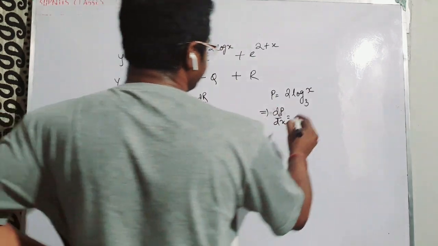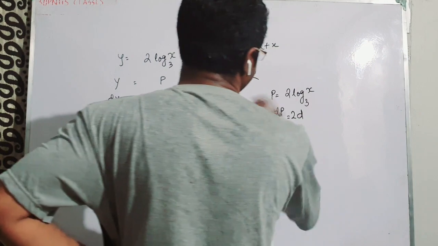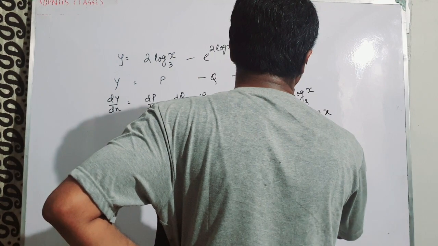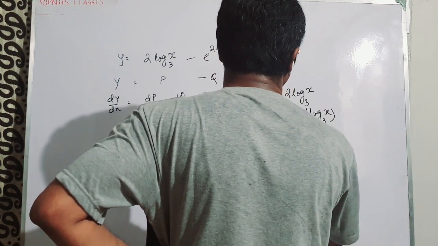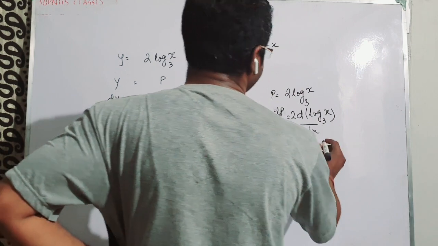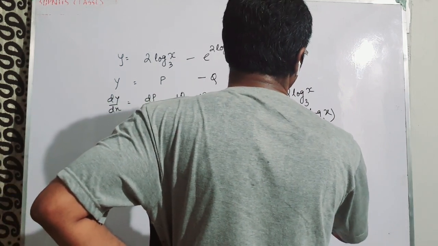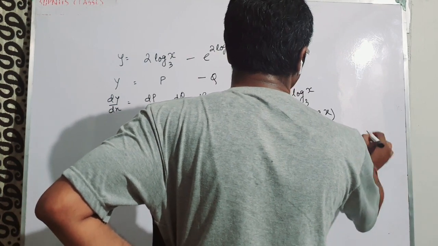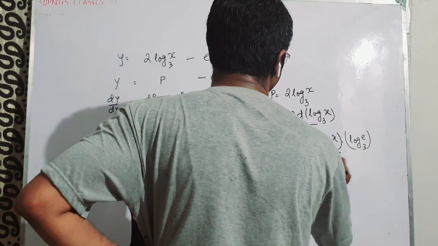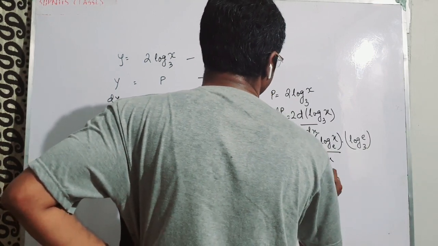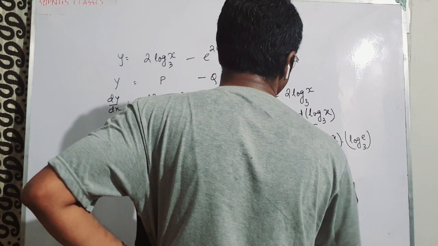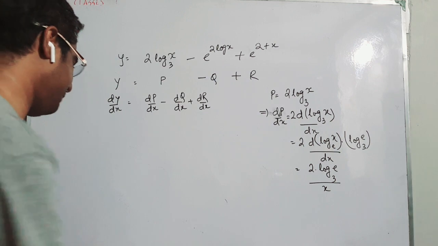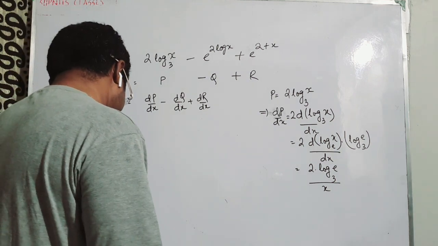So all you find out now. You can write down 2, you can take outside, d log 3x by dx. Okay? Now you have to change this, right? Already I have taught you. So log x base e into log e 3, and this part is constant, so we can take that outside, dx. So this is 2 log e 3, this is 1 by x. So okay guys, I hope you have understood this and there is no problem with it, correct?